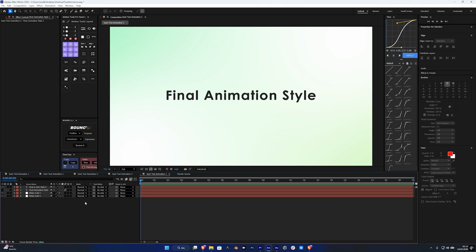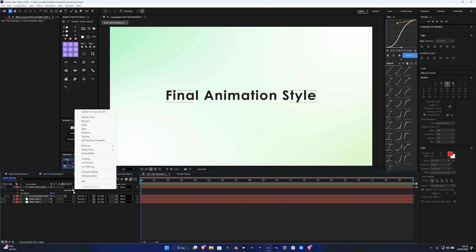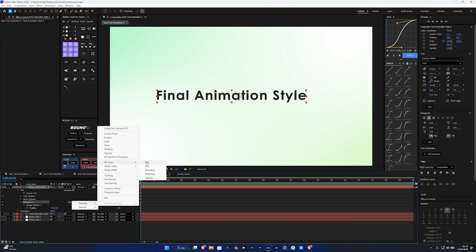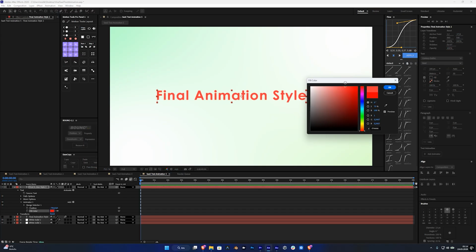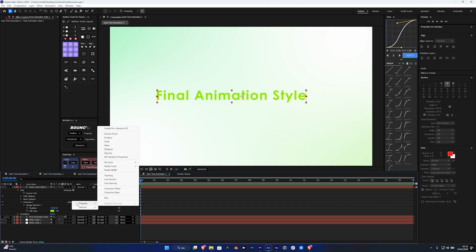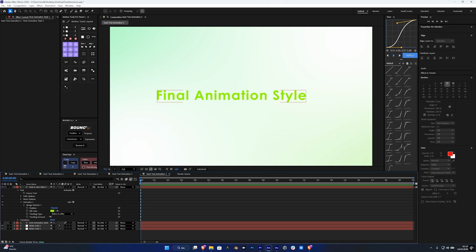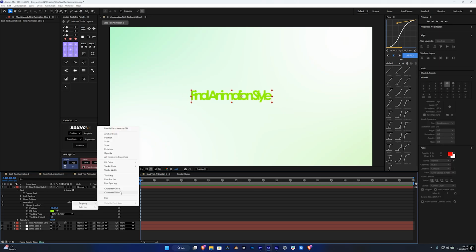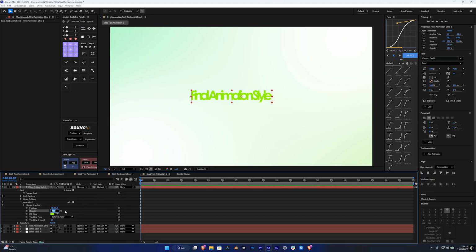Alright, this one is the final animation style. First, open up your text layer, click animate and add position. Set your position value -70 and click add property, fill color RGB, set your color, I like green, and click add again property, tracking, drag tracking amount down, something like -25, click add property and opacity, set your opacity value